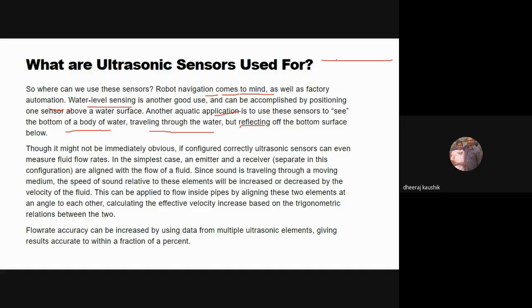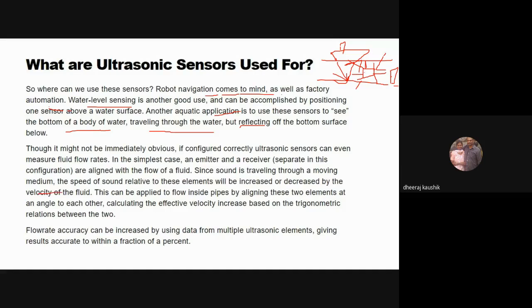Right? Because ships use these, right? So consider my drawing, it isn't that good, but still. So it uses a sensor, and yeah, it actually calculates the depth. Or you might have a submarine here, and it actually uses ultrasonic sensors from every angle to sense any upcoming dangers or any upcoming ridges or reefs it has. And they are widely used in navigation. And apart from that, you can use ultrasonic sensors in robotics pretty widely.